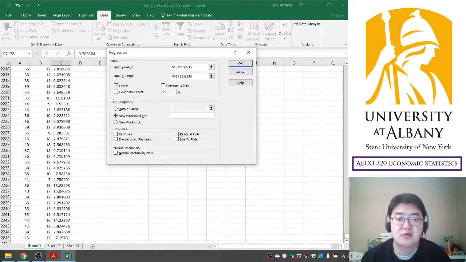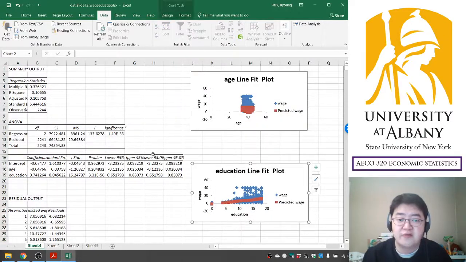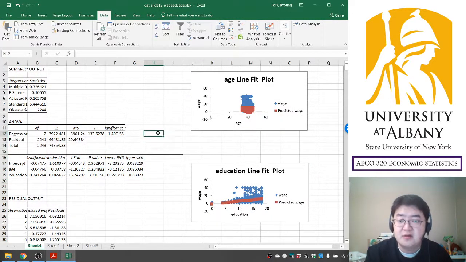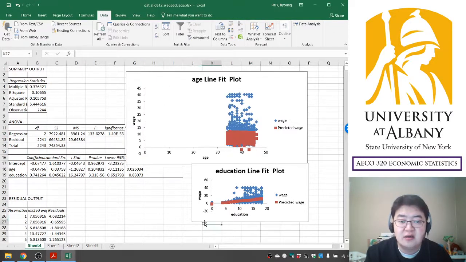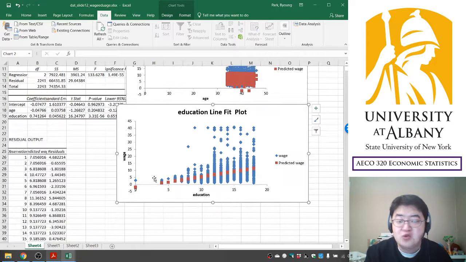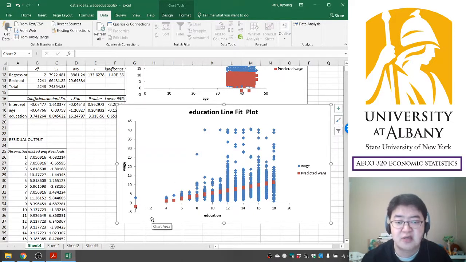I'm going to use line fit plot. Right now the result table is the same. There is no difference, but what's different here is you have two plots, because we have three variables, and to draw a plot of three variables we need 3 dimensions, which is impossible. So it shows a scatter plot between education and wage, and the predicted wage